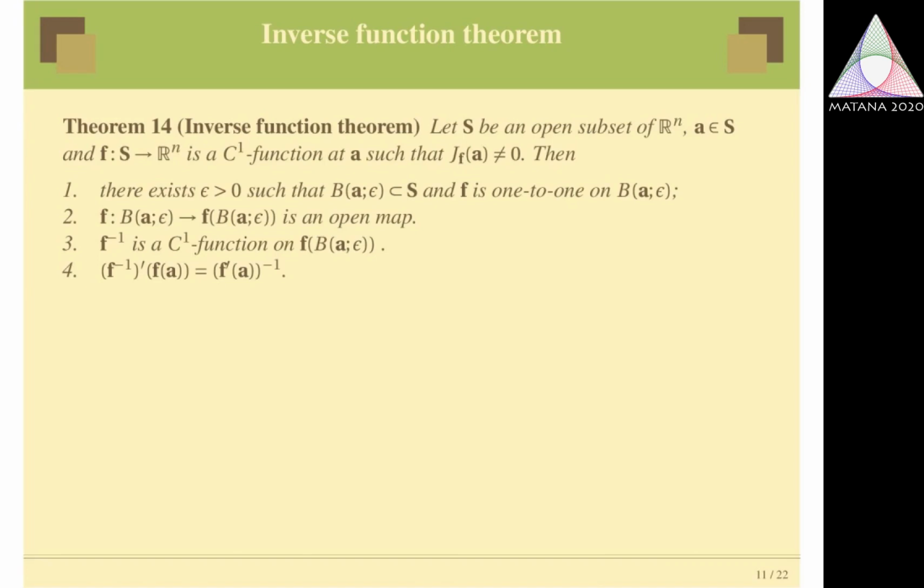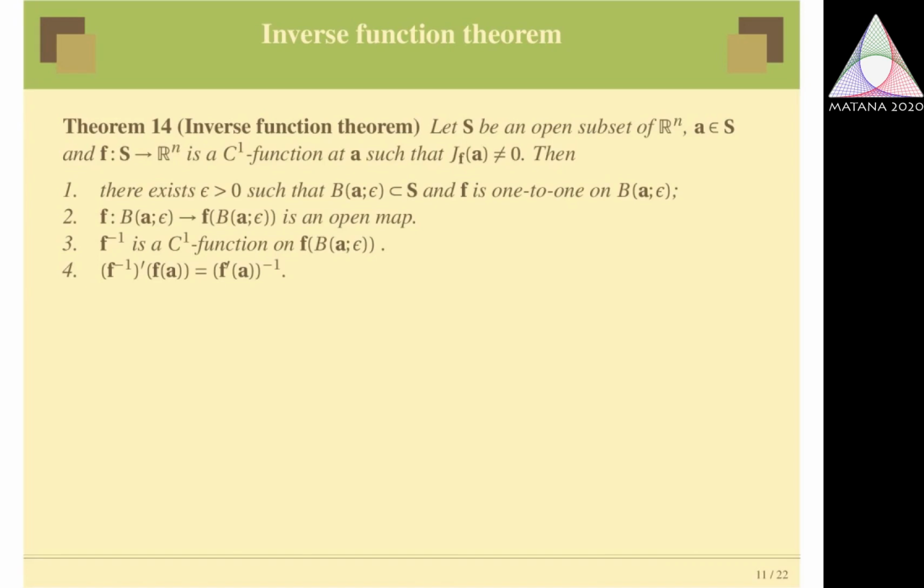Before starting the theorem, we recall a well-known theorem from real analysis which says that if f is a differentiable function from R to R such that f dash of t naught is non-zero at a particular point, there is a neighborhood of t naught in which the function becomes 1 to 1 and the function has an inverse from a neighborhood of f of t naught such that f inverse has a derivative at f of t naught, and the derivative of f inverse is given by the reciprocal of f dash of t naught.